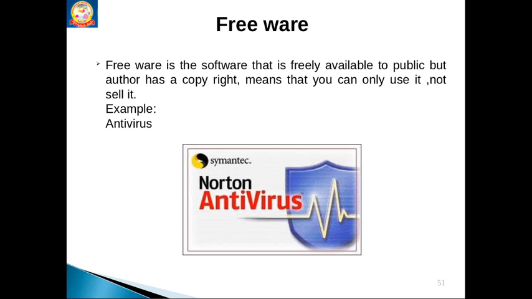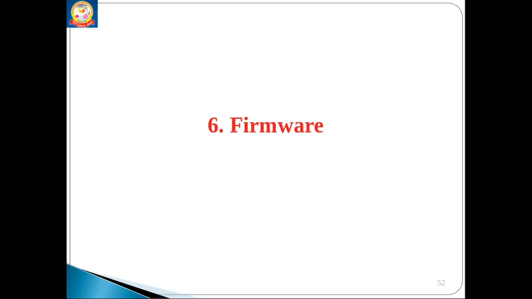Next, freeware means that software is freely available from the internet. We can download it and we can use it. Freely available, not an antivirus. We can freely access it from the internet. Such software we can call freeware. So far we discussed what software is, and the types of software: system software and application software.